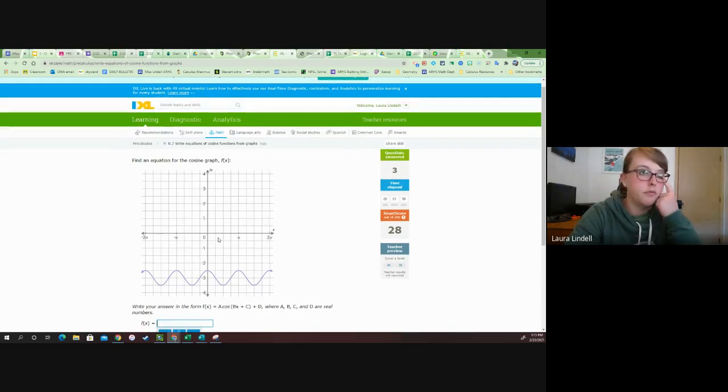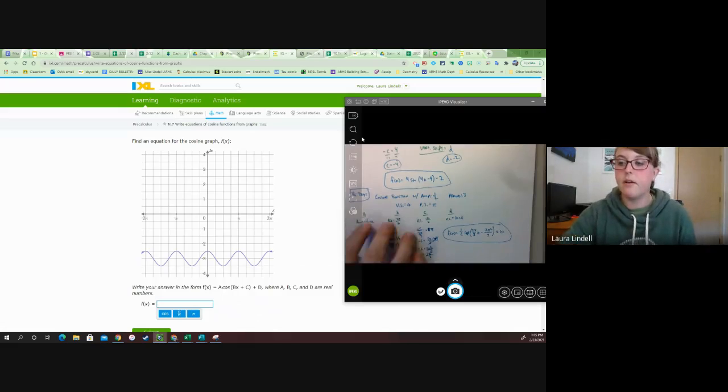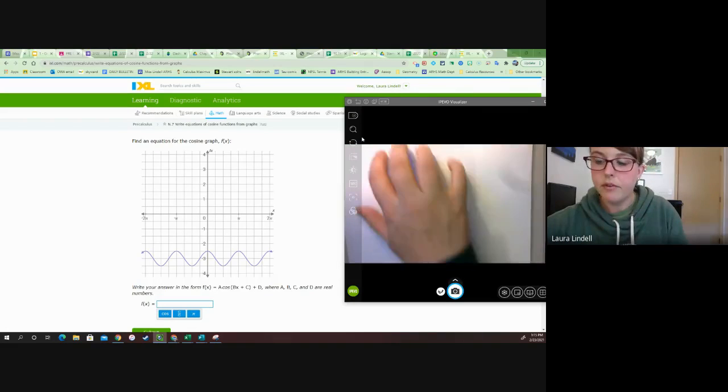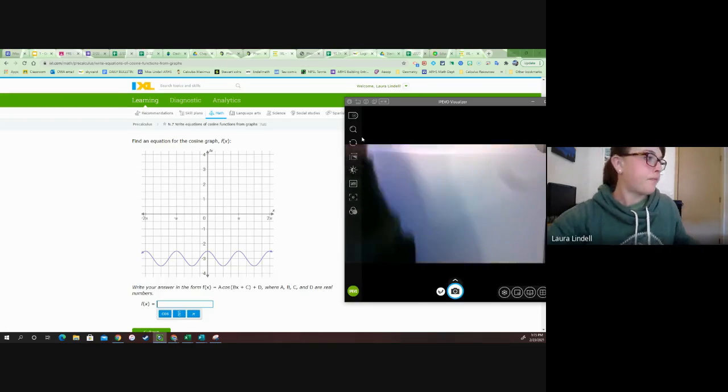This one gets moved down and it has a different amplitude. So now we're starting to add in things like vertical shift. It's also got a different period. So this is one where we might want to start writing things down. So when you take a look at ones where you're dealing with a graph, especially when it's a bit less of a simple graph,